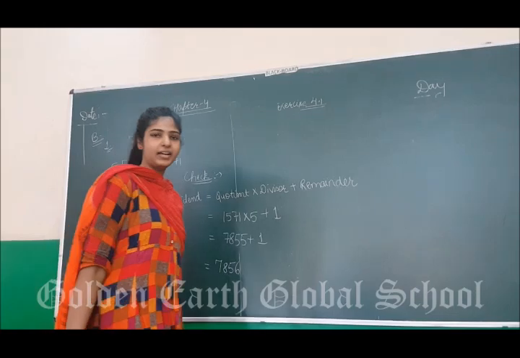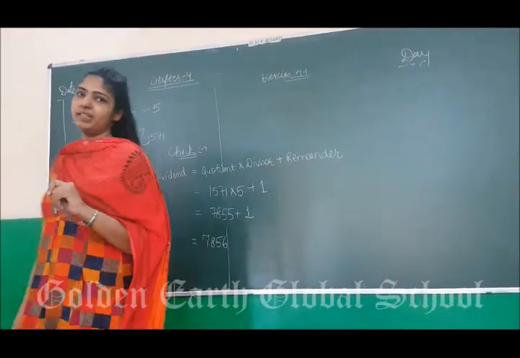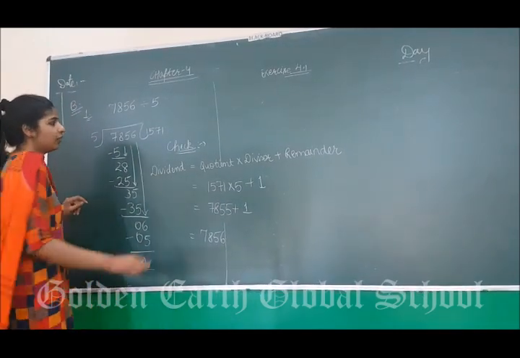A part में हमने क्या करा था? हमने सिर्फ divide करके quotient and remainder की value बताई थी. What do we have to do in this? We have to